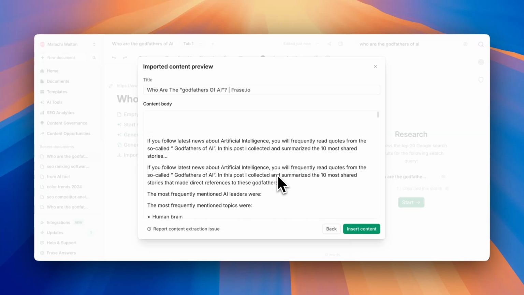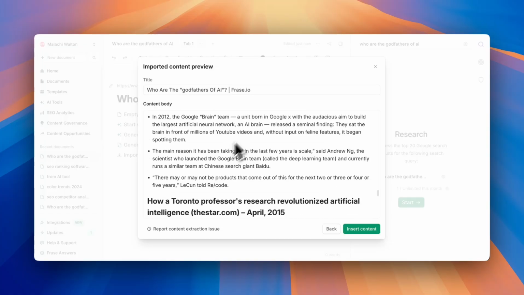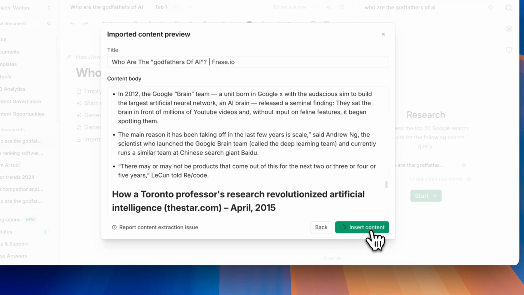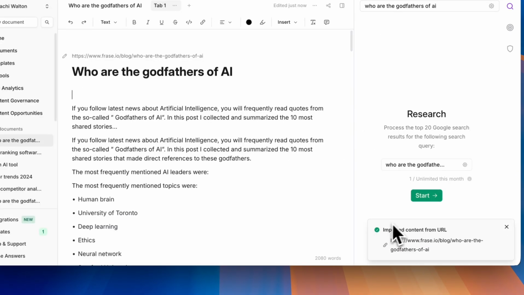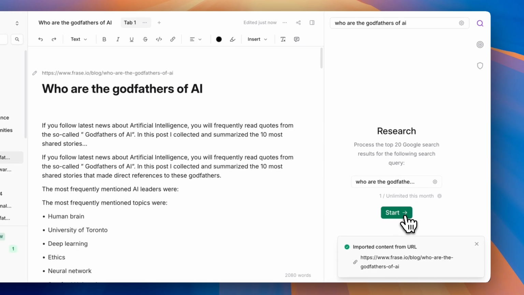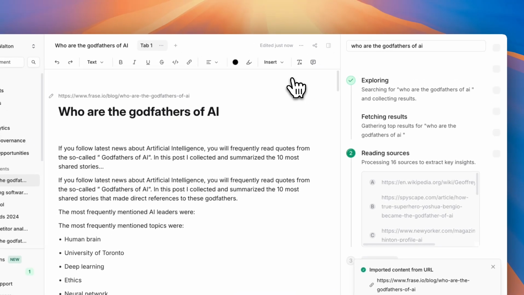Frase will fetch and process your page automatically and then show you a document preview. Once your preview appears, go ahead and scroll through it to make sure it looks good, then hit Insert Content. Once it's been put in, you'll need to click Start on the right-hand side here to start processing the SERP